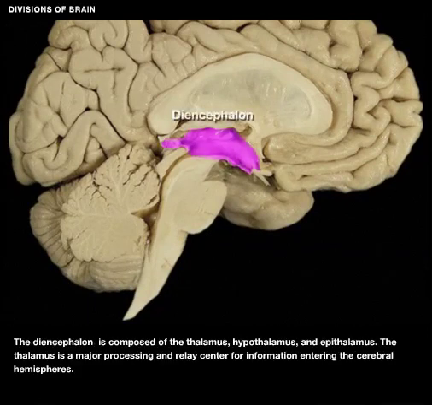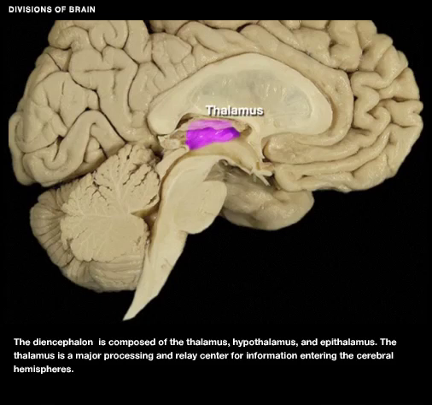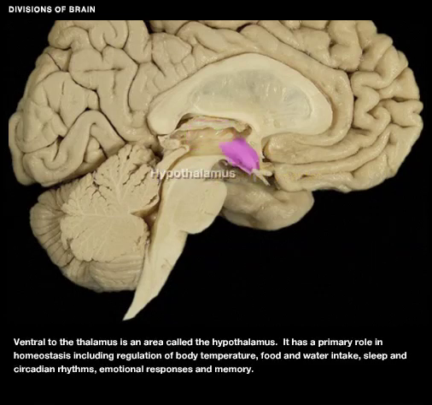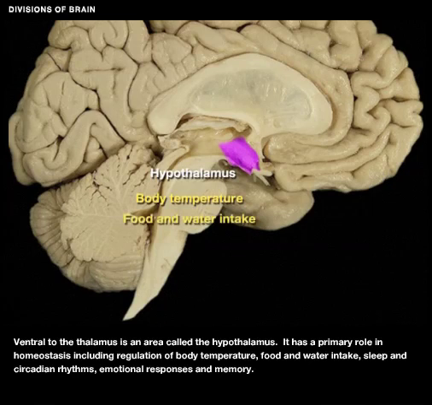The diencephalon is composed of the thalamus, hypothalamus, and epithalamus. The thalamus is a major processing and relay center for information entering the cerebral hemispheres. Ventral to the thalamus is an area called the hypothalamus. It has a primary role in homeostasis, including regulation of body temperature, food and water intake, sleep and circadian rhythms,